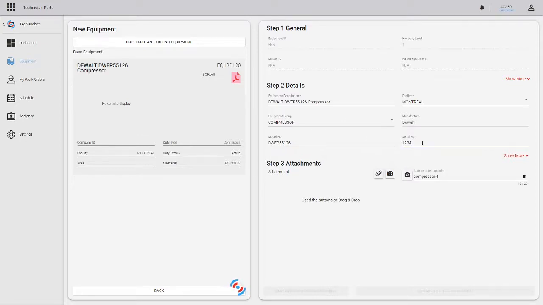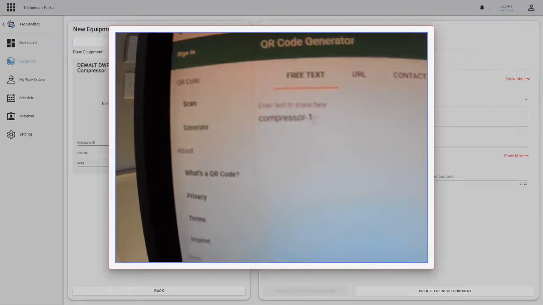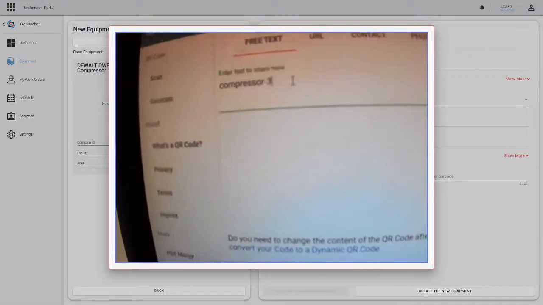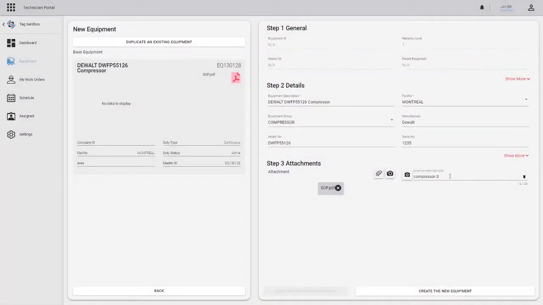But what we would want to change is the serial number, 1235, and then the QR code number also. So we'll just remove this one. We'll go back to our QR code generator over here. Open up this one, fire up the camera, and then you see I'll just change compressor 1 to compressor 2, or maybe 3 in this case. And then if I scroll to the right, we'll catch this one, and then there we go. It did populate it. So if we create a new equipment,